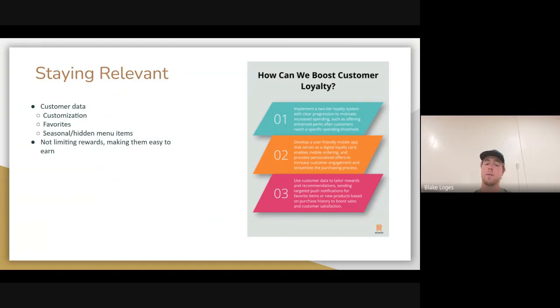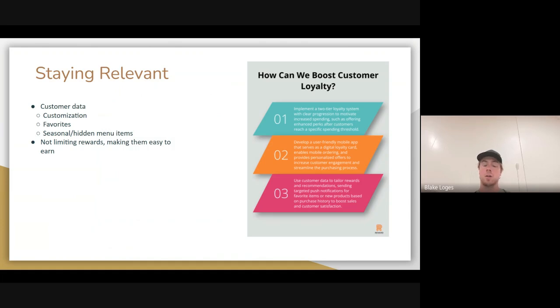Now, there are a few different features and rewards that are most important to staying relevant to customers in the future. The first feature is customer data because of its ability to make the user's experience completely customized with their favorite products. This makes the user feel a sense of connection and understanding, which makes them feel valued. This sense of value is a strong contributor to customer loyalty